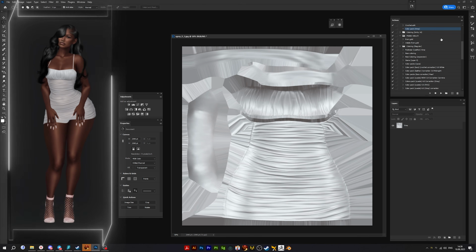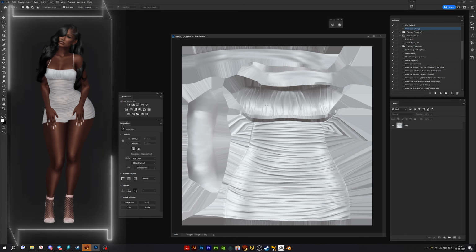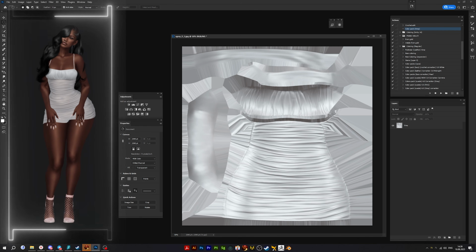Because just imagine, you created a completely new action with over 30 colors. You're satisfied with the result, and you, for example, as I here have 3 or 4 textures for the dress. I have the front here, the breasts area, also these straps, and the back. So it is 4 textures.